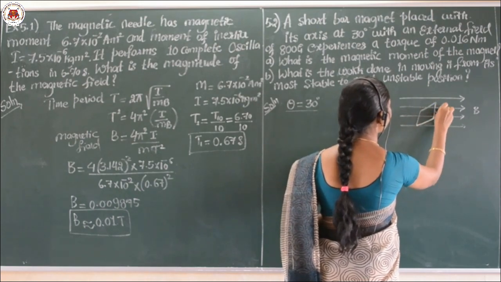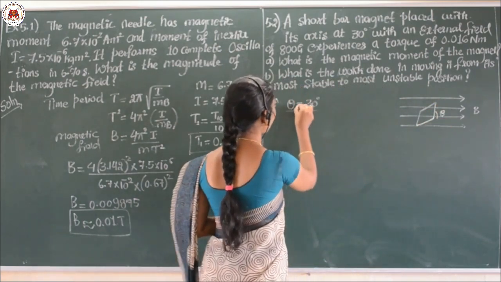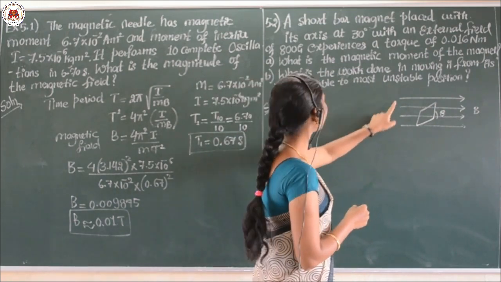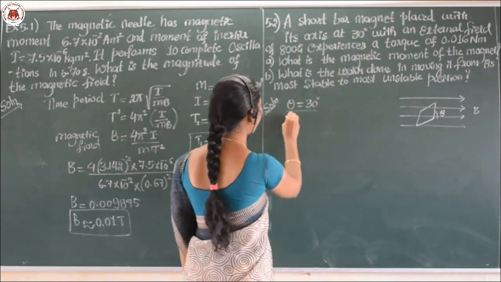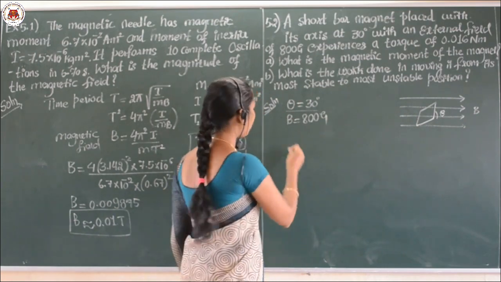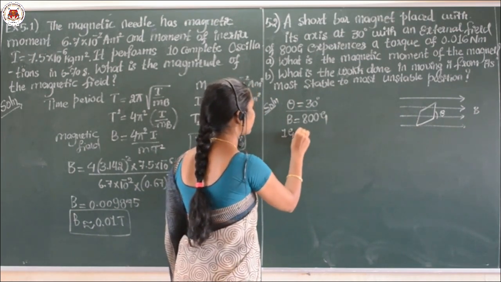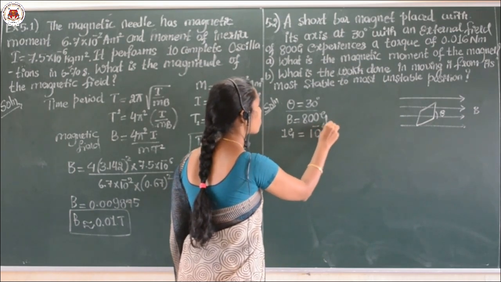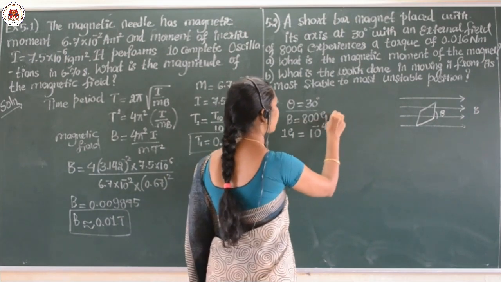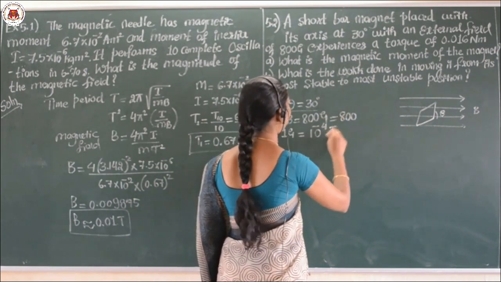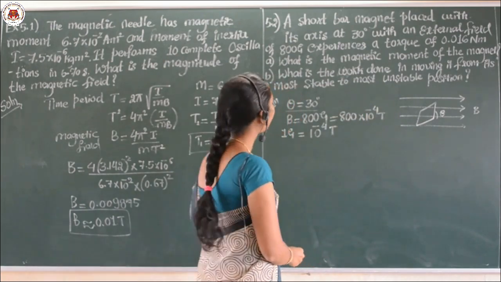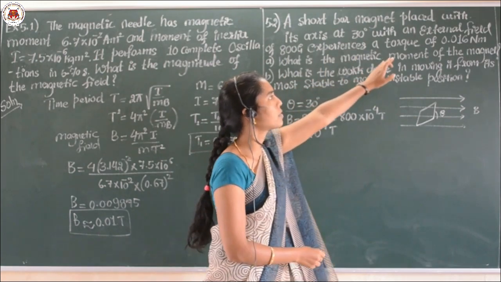This is the needle which is making an angle theta, right. That angle is equal to how much? That is 30 degree, and that is kept in a magnetic field B. B value is also given, how much it is? 800 Gauss. Then what I told you now, the 1 Gauss is equal to how much Tesla? 10 raised to minus 4 Tesla, right. Means you can convert, here itself you can write the magnetic field B as 800 into 10 raised to minus 4 Tesla, right.